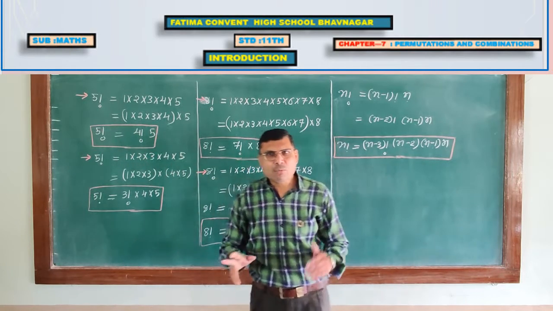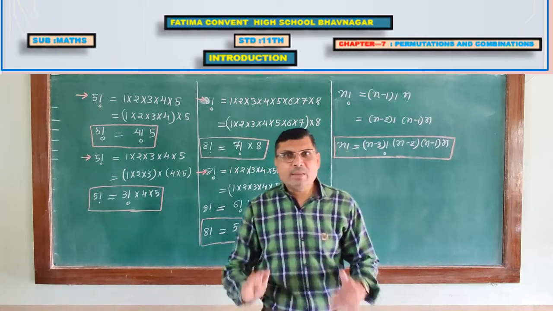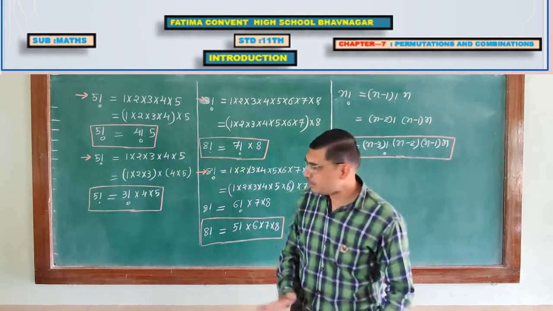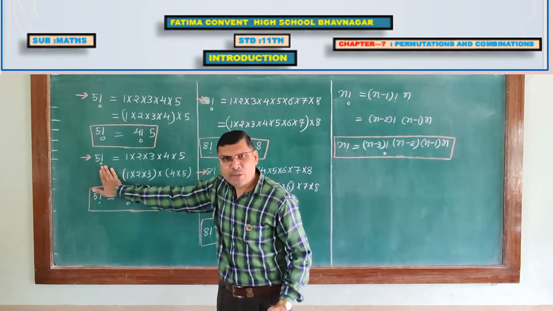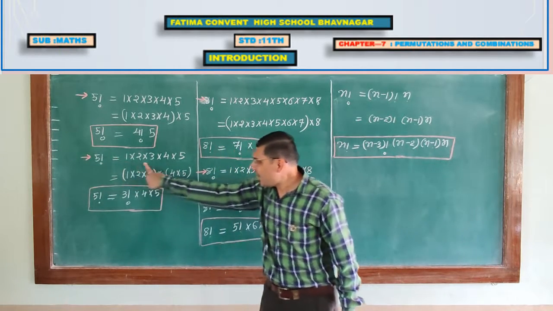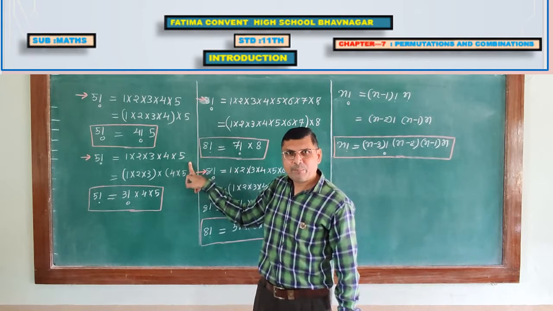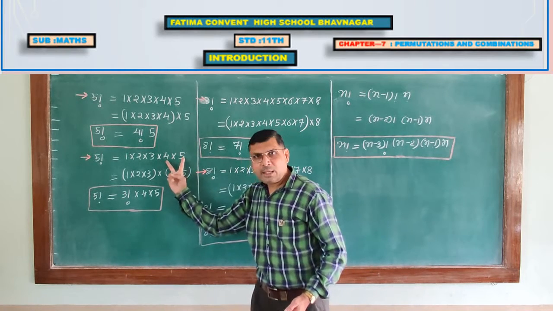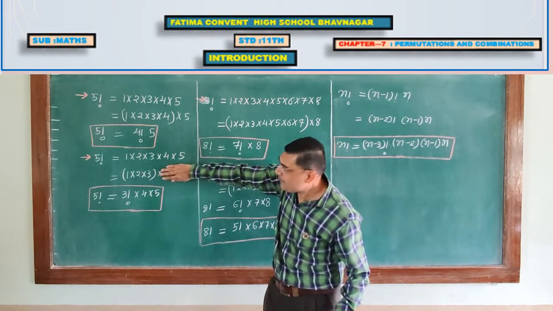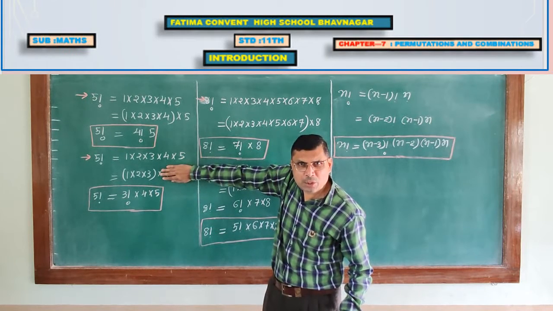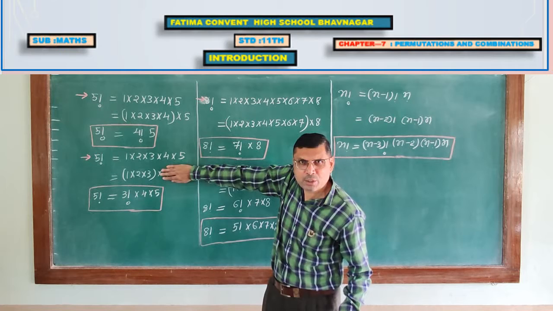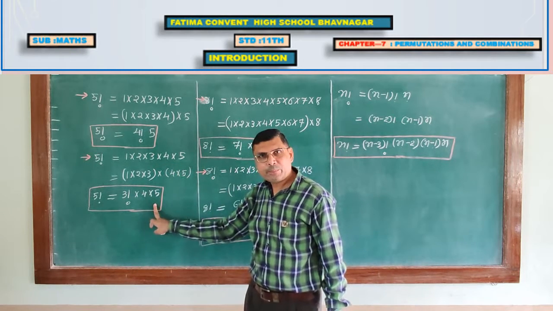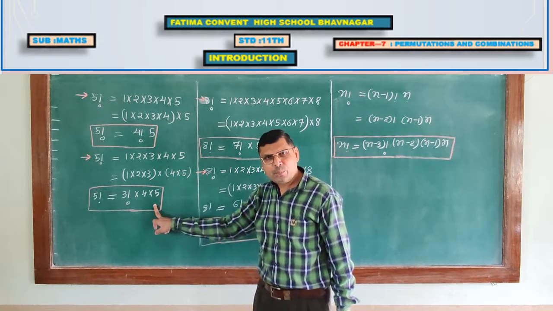First of all, I am explaining, then we will generalize. And this is very, very useful sometimes. Once again, 5 factorial I can express in this form, 1 to 5. Now what I am doing, I am taking 4, 5 away, and 1 into 2 into 3 is 3 factorial. So 3 factorial into 4 into 5. So this is result 2.